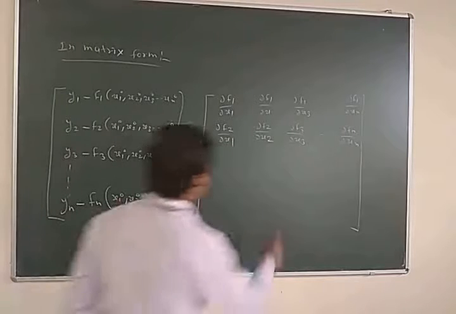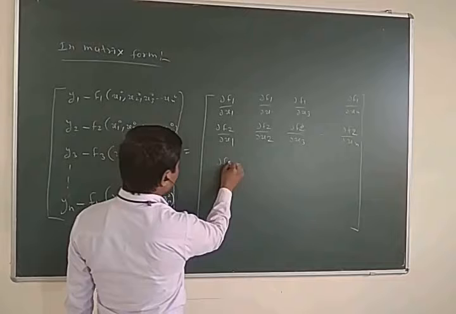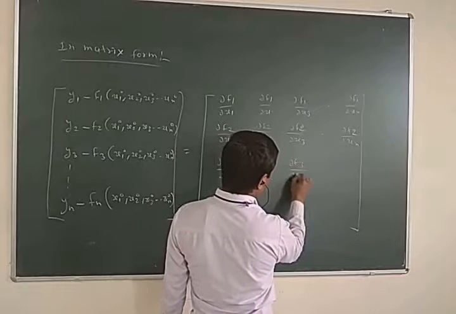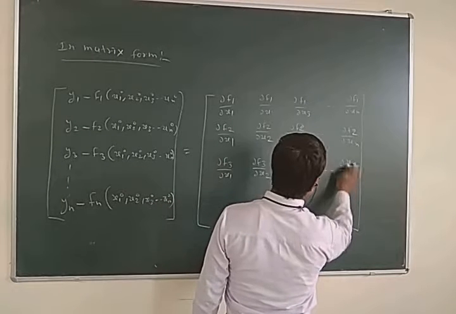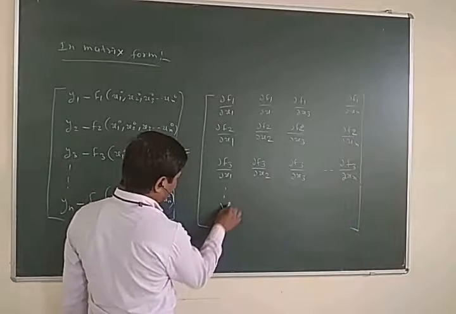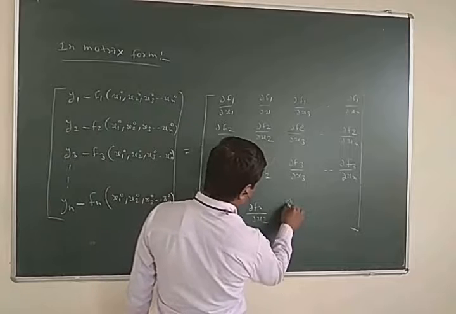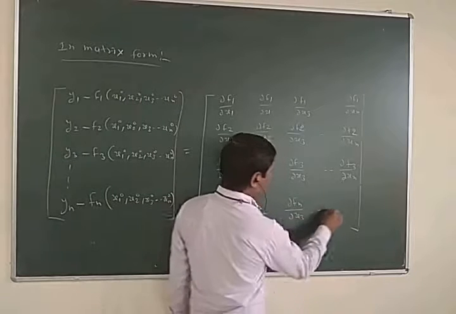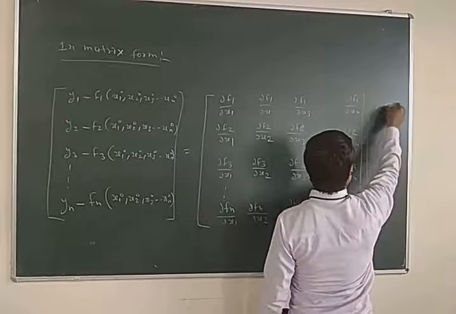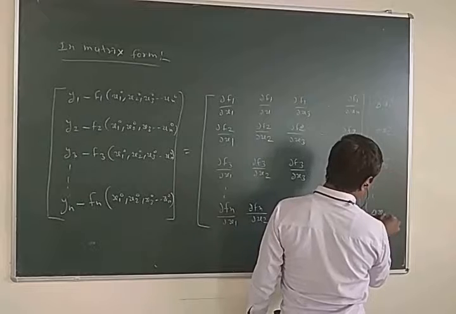Similarly, del f3 upon del x1, del f3 upon del x2, del f3 upon del x3, dot, del f3 upon del xn, and del fn upon del x1, del fn upon del x2, del fn upon del x3, dot, del fn upon del xn, multiplied by the changes del x10, x20, x30, dot, del xn0,